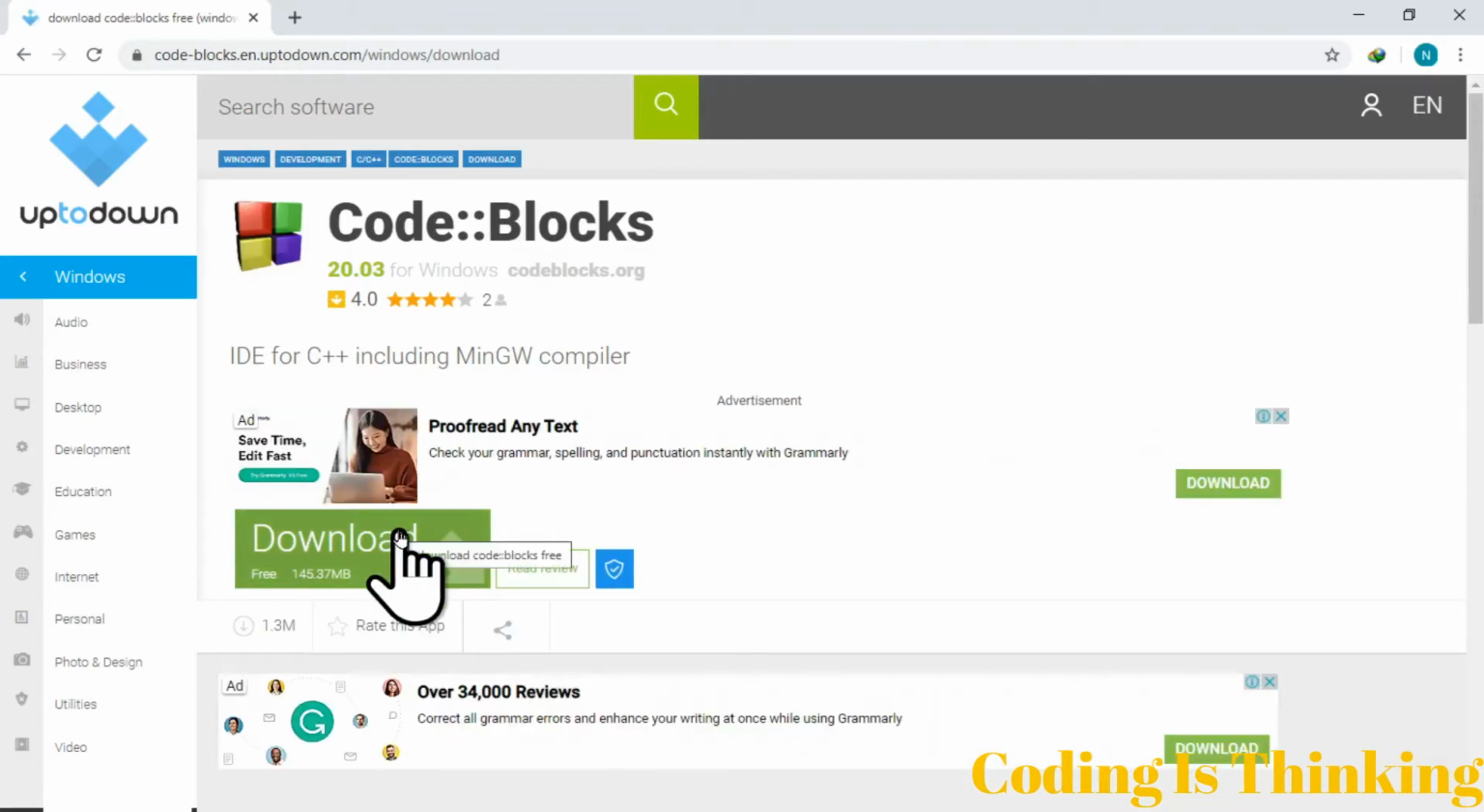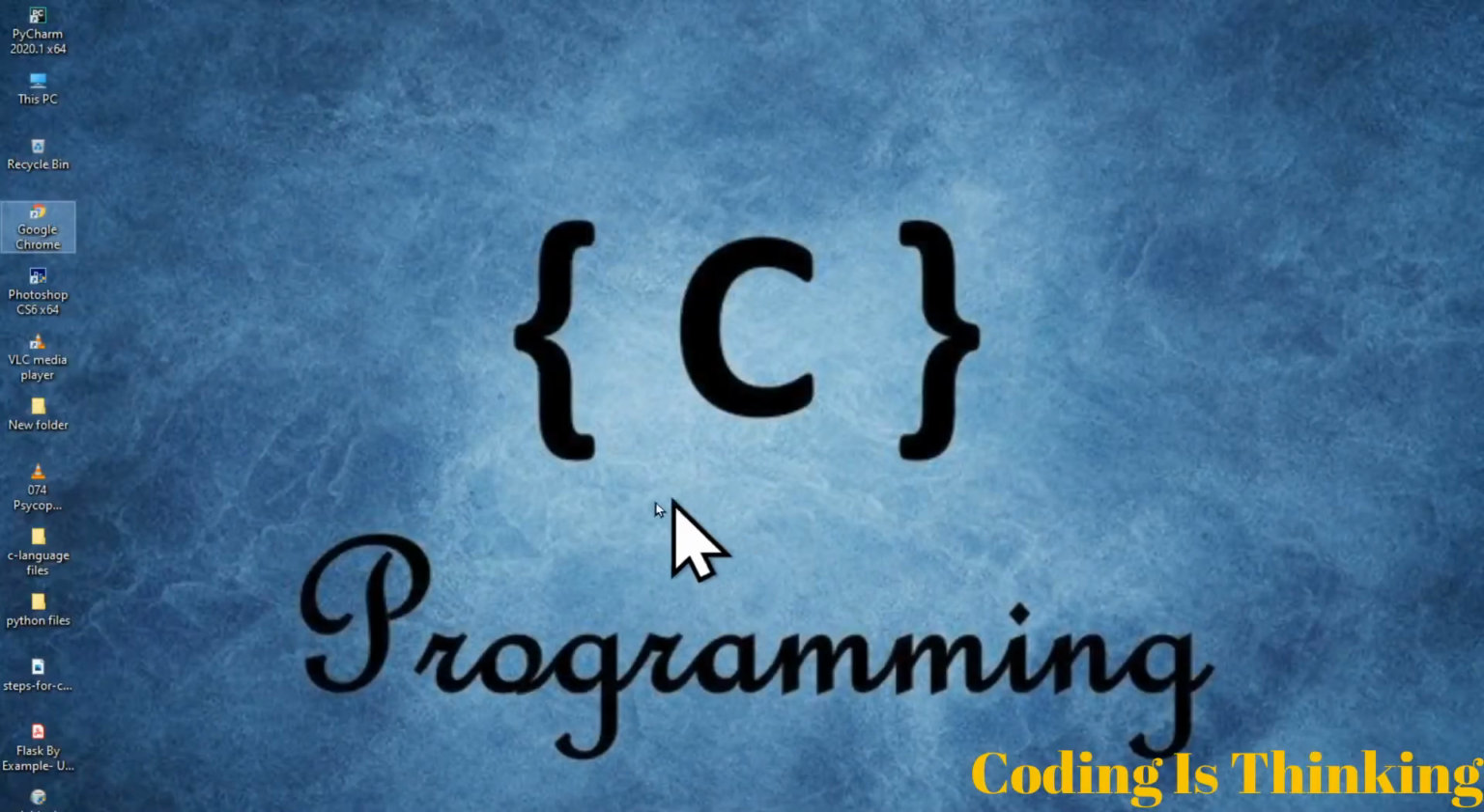So I have already downloaded it. I don't need to download it once again. So when you click on this, it will be download. So I have already here on my screen. I just double click on this,